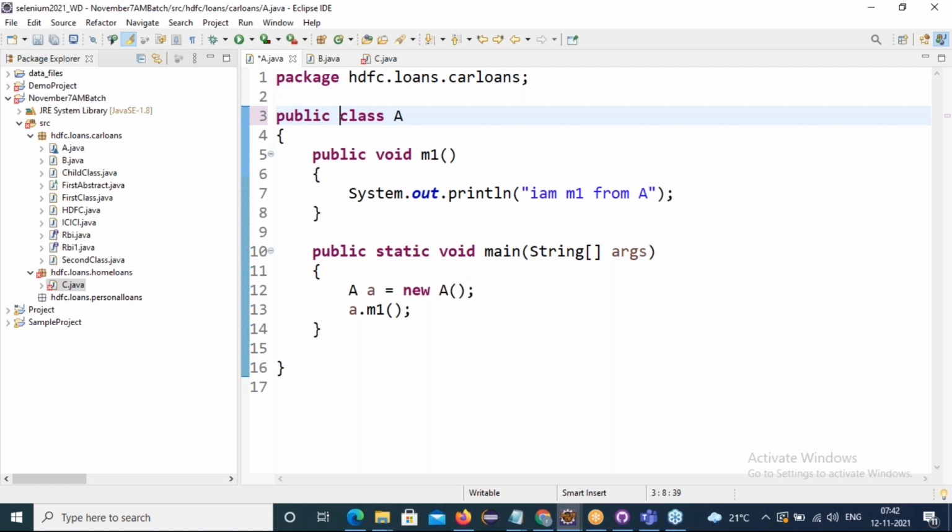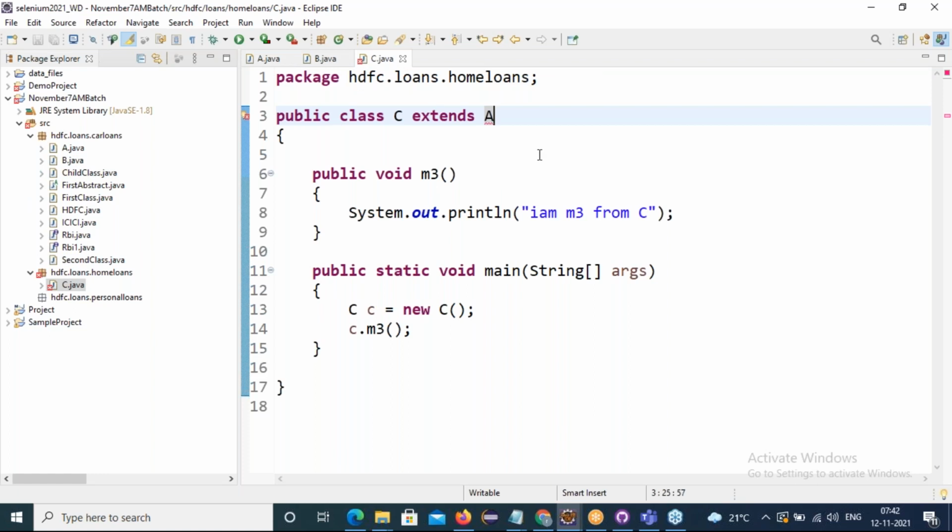I must give the access modifier public, where public can be accessed anywhere. Take an example: public police. Public police is meant for the public. Any kind of public can use that public service. Yes or no? So public class A can be inherited not only in the same package class, but in outside package class C also.